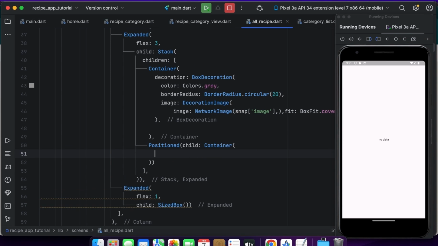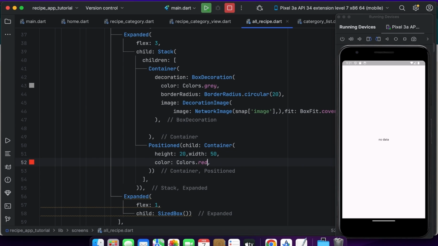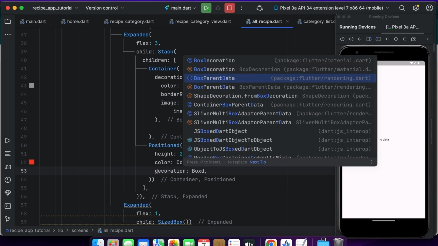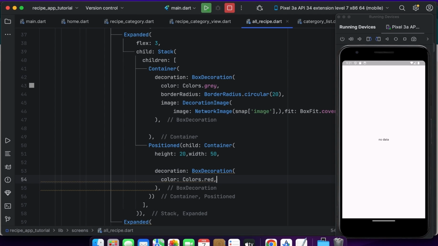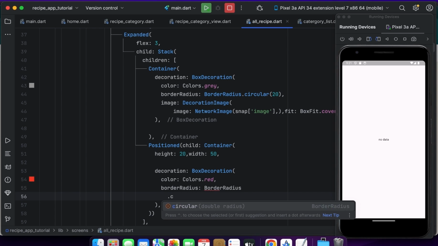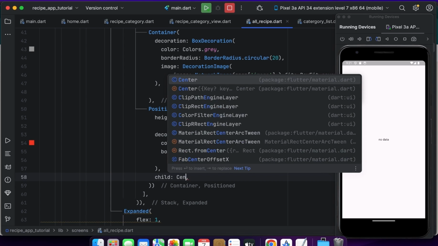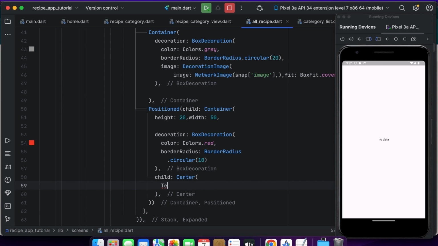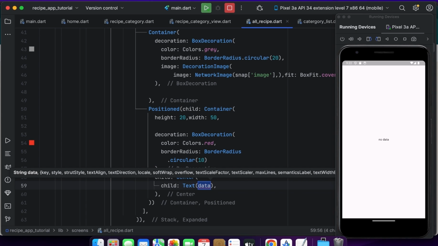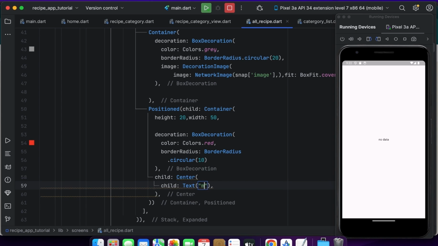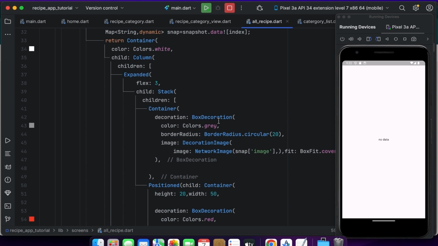So just I am giving the position. Inside position I am creating a container widget. I'm giving the height and width. Color will be red accent. Border radius will be circular 10. And inside the container I will write the text in the center. The text will be minutes and minute, which I declare here as a string,